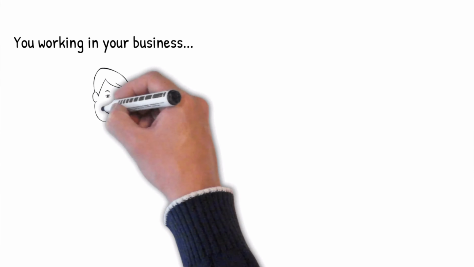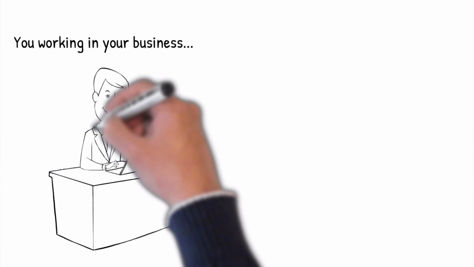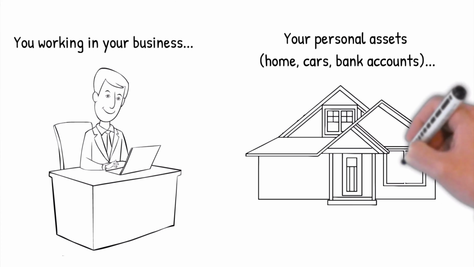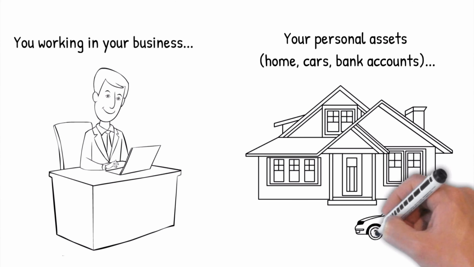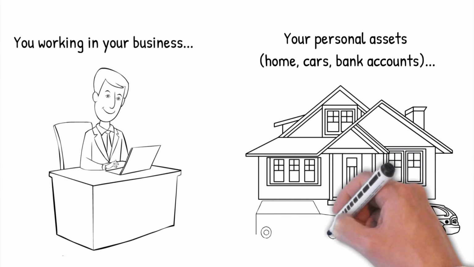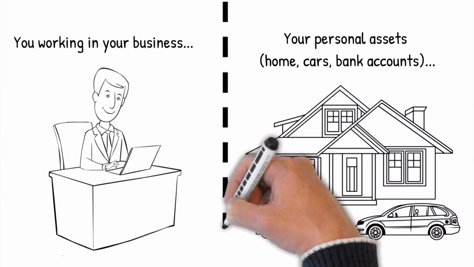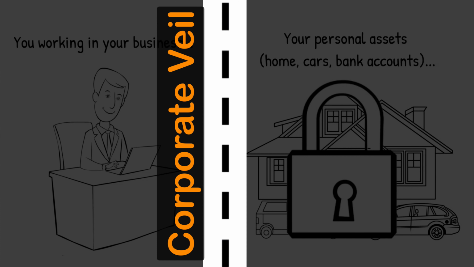So when you're thinking of your LLC, you can think of your business assets on one side, where you have your business bank accounts, your inventory, perhaps even your furniture, your desk, your computers of your business. Those are all business assets. But then on the personal side, you have your personal home, personal bank accounts, personal cars, etc. What the LLC does is it draws a division between those two asset classes, and that division is called the